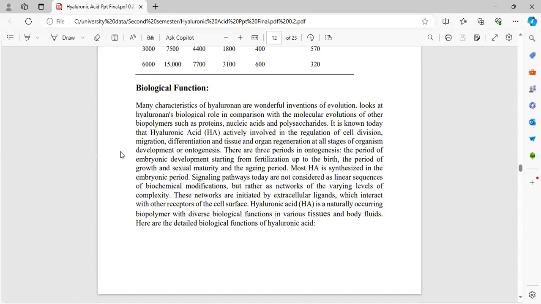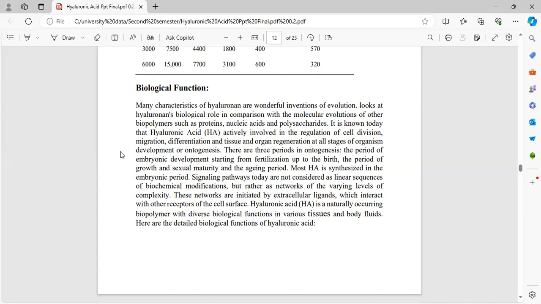Now I will explain to you about biological functions. Many characteristics of hyaluronans are a wonderful invention of evolution. Look at hyaluronan's biological role in comparison with the molecular evolution of other biopolymers such as protein, nucleic acid, and polysaccharide. It is now known today that hyaluronic acid is actively involved in the regulation of cell division, migration, differentiation, and tissue